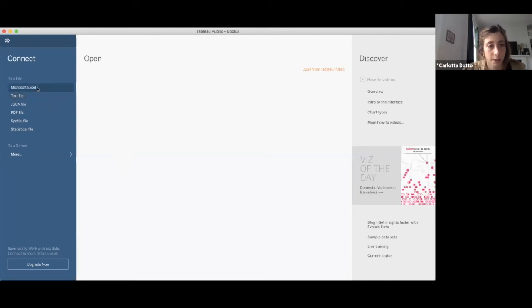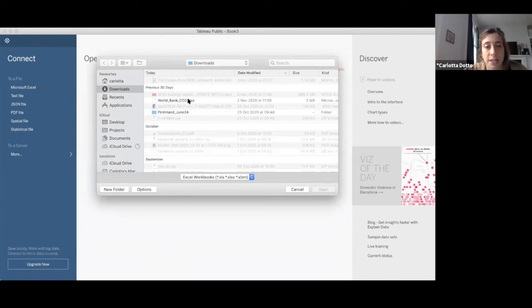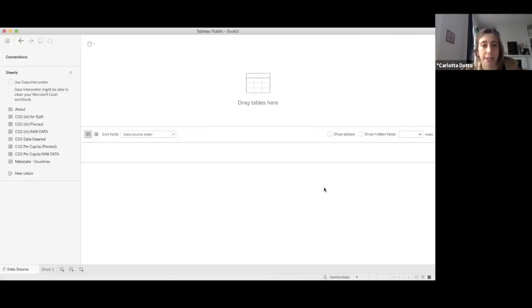open it. Then I'm gonna use the Excel file here, and I'm gonna take this World Bank CO2 CSV that I have on my laptop. You can just browse within your browser to find the file that you're looking for. So once I open it, it might take a few seconds to